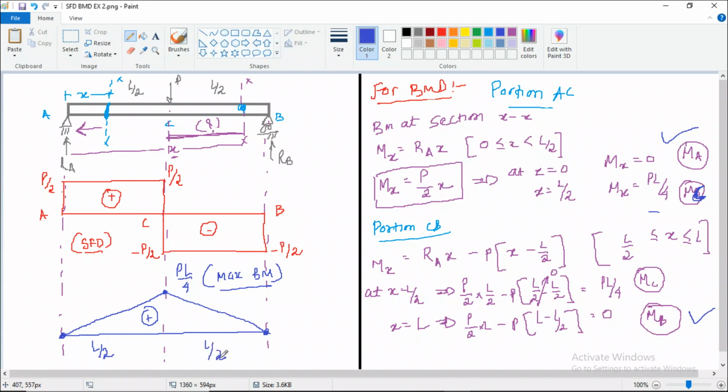So this is how we calculate the shear force and bending moment, and this is how we construct a shear force and bending moment diagram. So just a small tip, whenever you start solving this numerical, you leave some space below the diagram of the numerical to draw the shear force and bending moment diagram right below the problem statement only. So I hope it is clear to all how we can draw the shear force and bending moment diagram and how we can calculate the shear force and bending moment also.